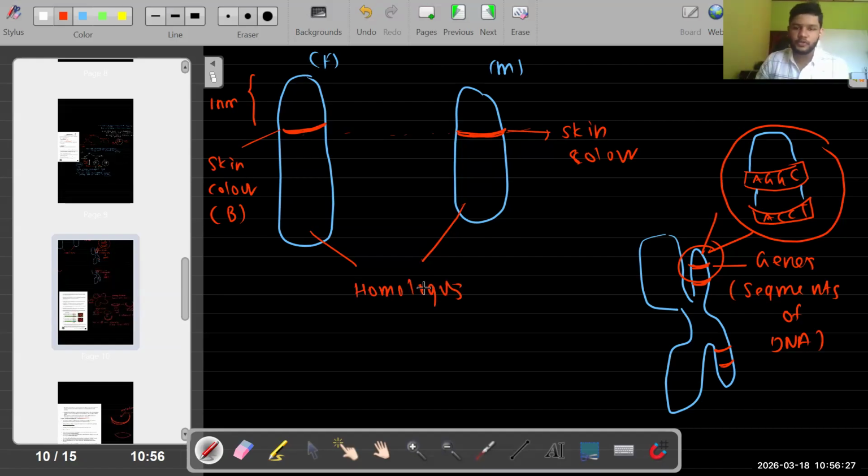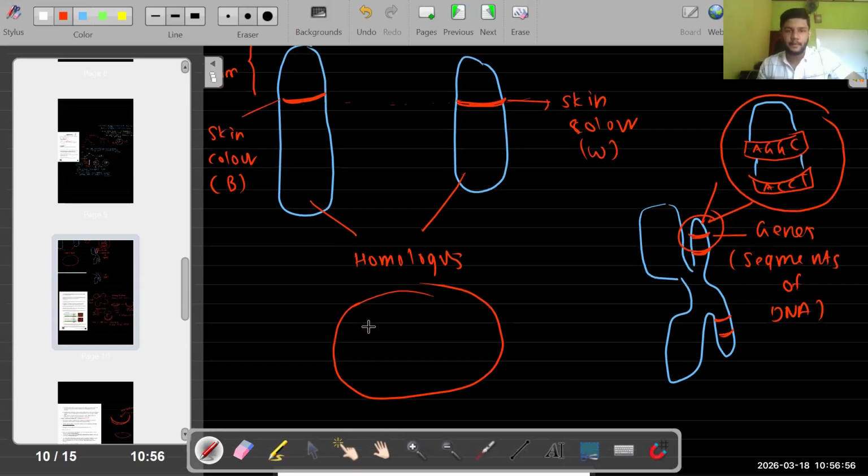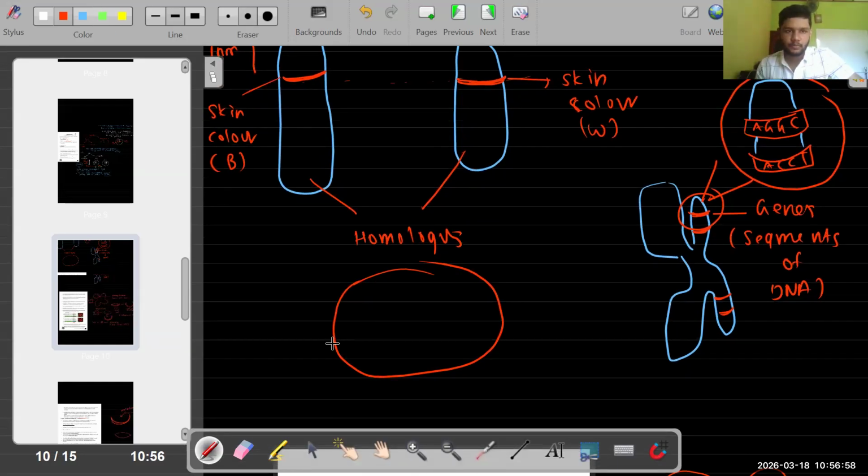Now here you should have a clarification that I'm not speaking about the trait. I'm speaking about the characteristic. It should depict the same characteristic feature, skin color, but the trait can differ. If this is black, this can be white. Now, if these fuse during fertilization, 23 chromosomes from mother and 23 chromosomes from father will be coming, and it will be forming a zygote, right? Now, the zygote will be containing these two,